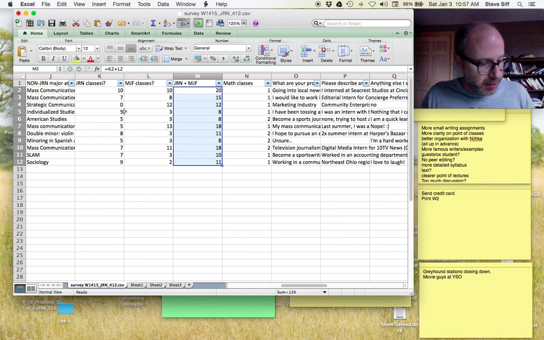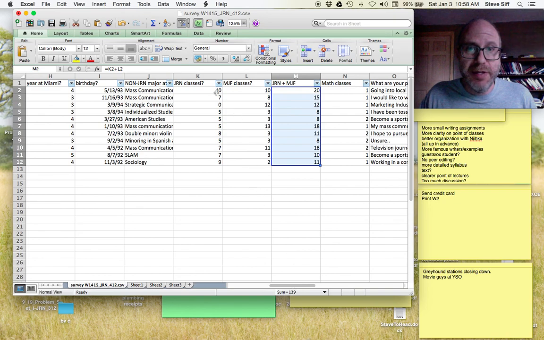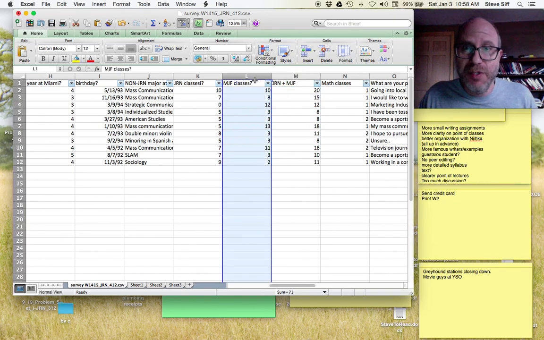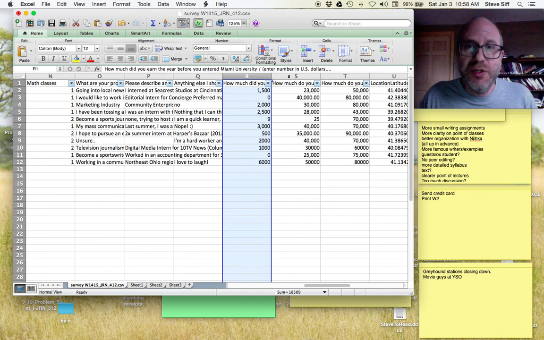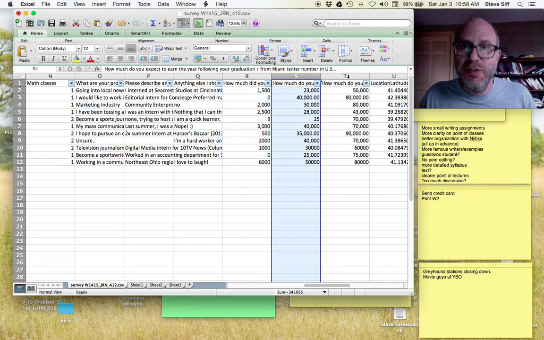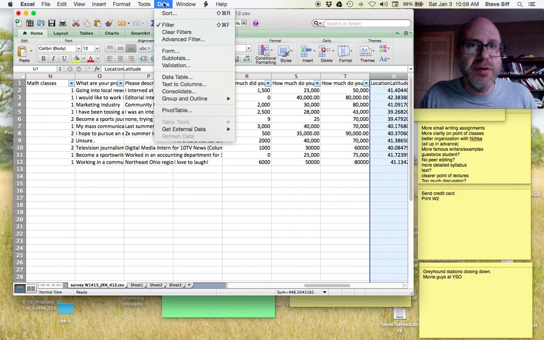Now let me show you one last thing, and then I think you'll be ready for the exercises this week. Some of your exercises are going to require you to compute percent change. And so you'll use probably these columns here. How much money they earned before. People say they earned before Miami. Whoops, wrong column. How much did you earn before Miami? How much do you expect to earn after Miami? How much do you expect to earn in 10 years? So you'll be doing some computation on these columns by creating a new column here, and again,